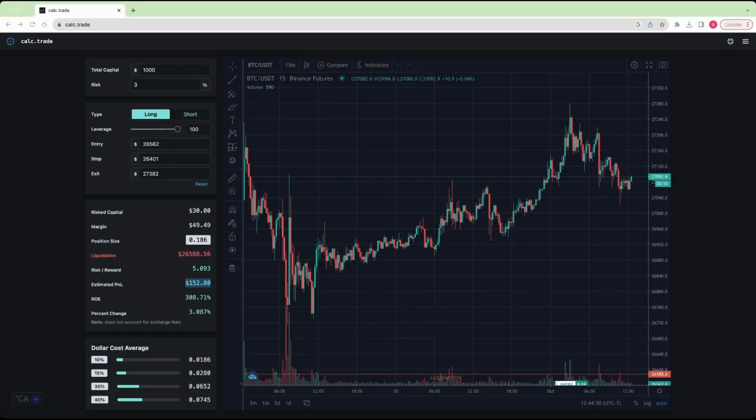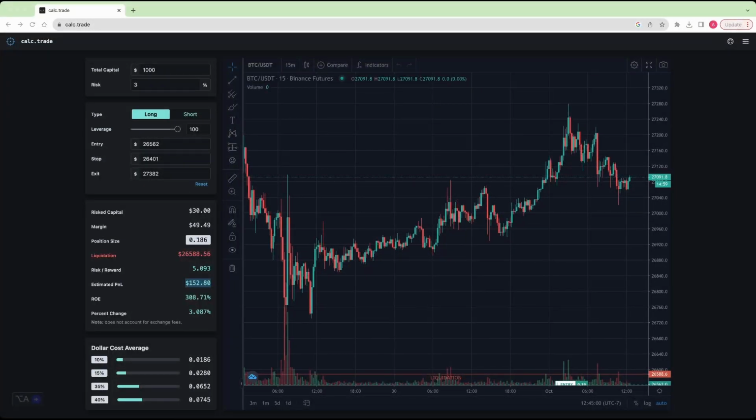It's like 3 to 5%, but it's not going to hit you. The stop loss is irrelevant. Before you place your trade, you need to figure out what your position is. The key thing is what's the position size for this trade. So you say to yourself, how much do I want to risk on this trade? Do I want to risk $1,000? Not $1,000. Do I want to risk $30? Do I want to risk $50? Do I want to risk $10?